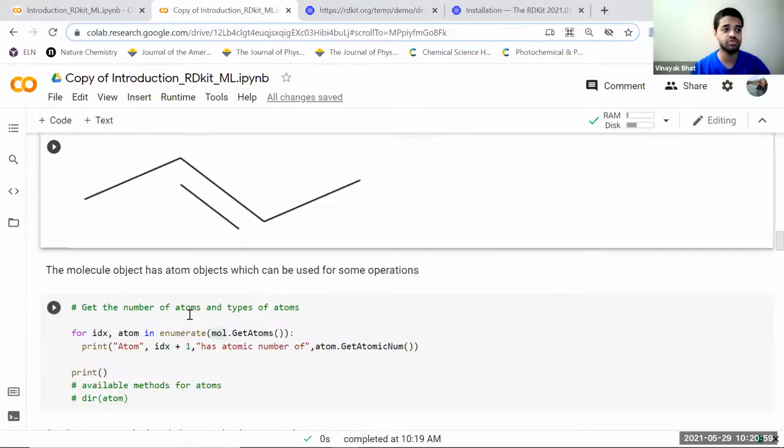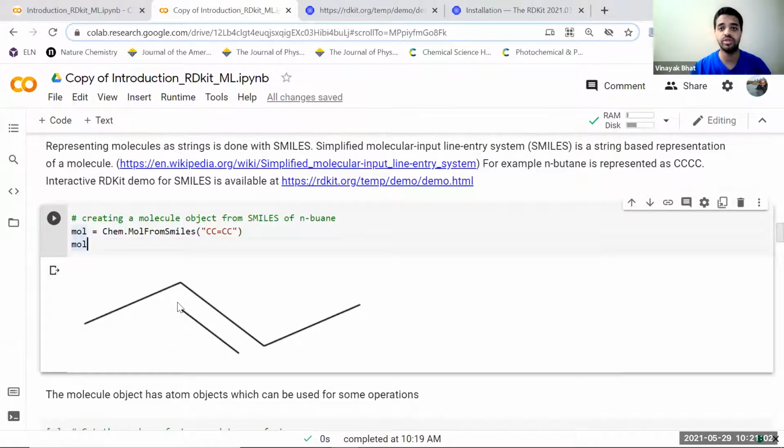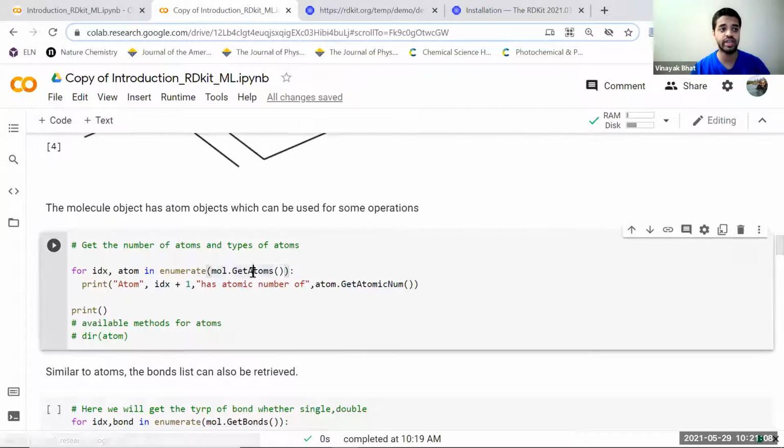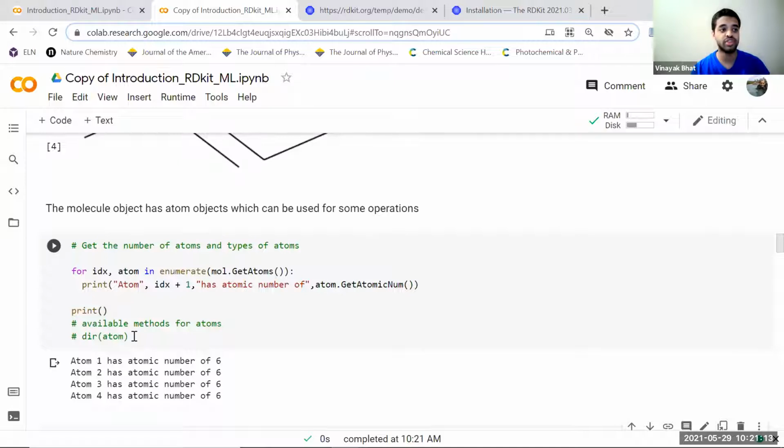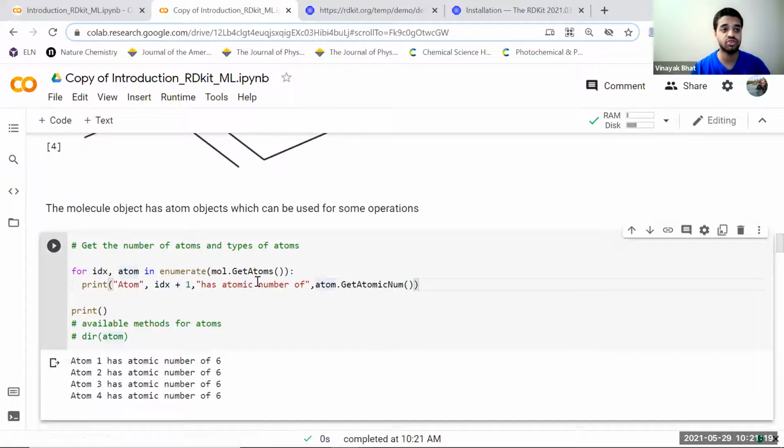So if you want to get atoms from it, and you want to know what atom is connected in here, what you can do is GetAtoms. Then if I print this out, you can see the first atom has atomic number 6, the second atom has atomic number 6. When you generate the atoms object from molecule.GetAtoms, it gives you a list of atoms, and each of those atoms has different properties. So I'll say GetAtomicNum. The atomic number for all of those atoms is 6.